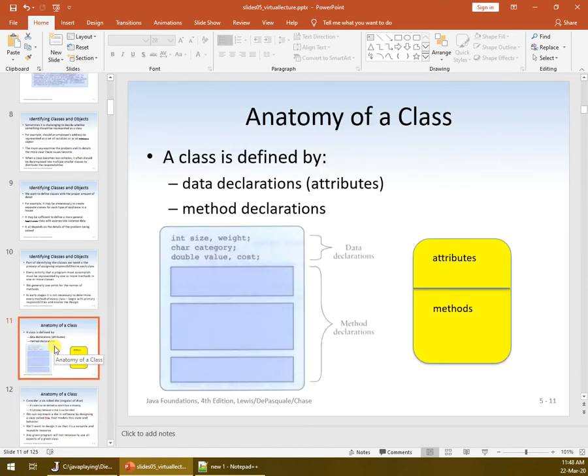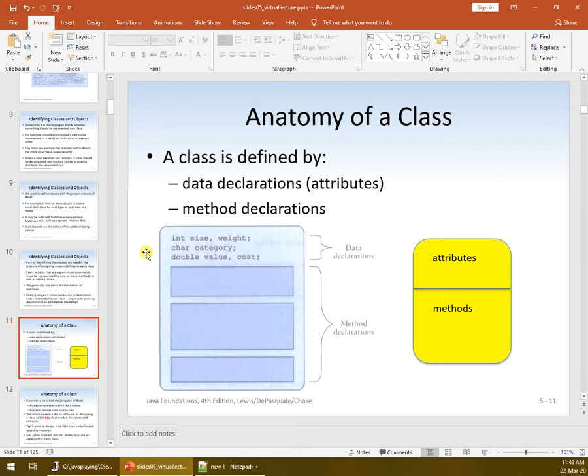So in general, describing a class, we've got a set of data declarations. We're going to commonly call those the attributes, and the method declarations. So defining all the various methods that that class has within it. So when we create an object of that class, the object will have this particular type of data, and it'll have these capabilities or these methods. So we've got two different ways to describe them. Actually, it really comes down to one. But essentially, if you look at it,